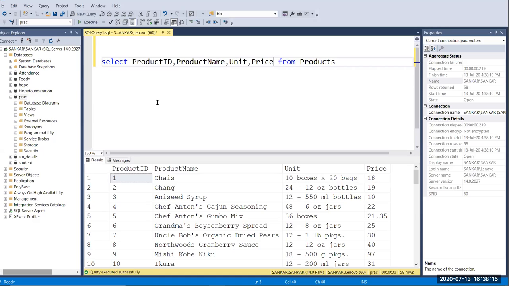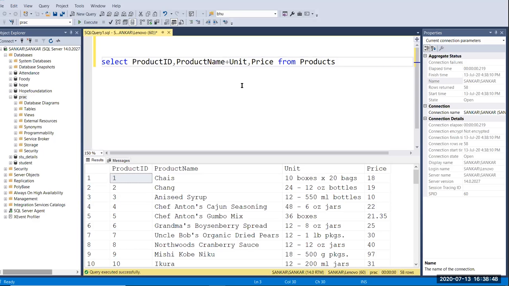Let's do some string concatenations and some logical operations here. I want to add product name and unit to print in the same column. You can remove the comma and just give plus. Both are nvarchar characters, so you can add two strings.